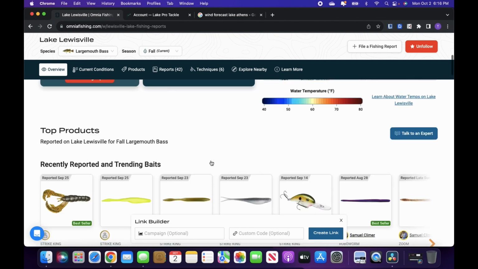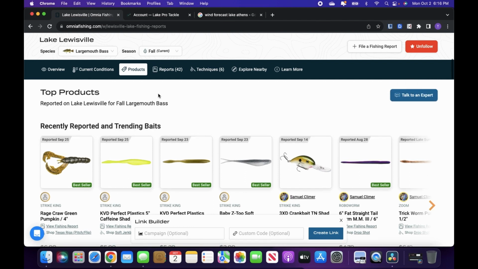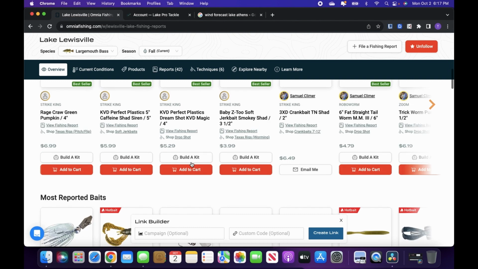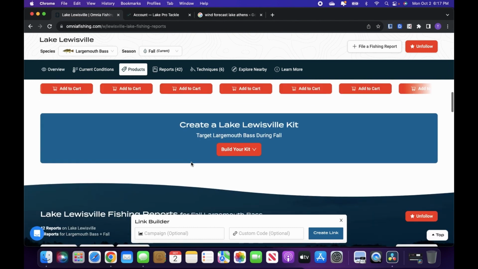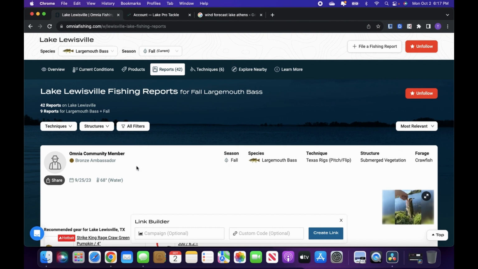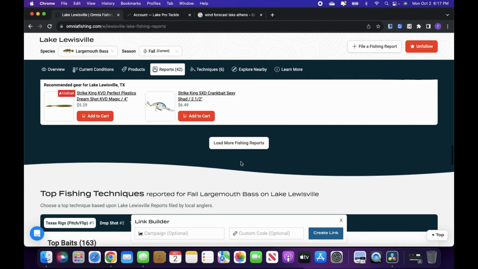It'll show you the top products reported on this lake for fall largemouth bass fishing. You can sort it by season, by technique. You can create Louisville kits. You can come down and look at all the fishing reports. You can filter by techniques and structures and season. All kinds of stuff that you can find on this website, and it's all really good information, and